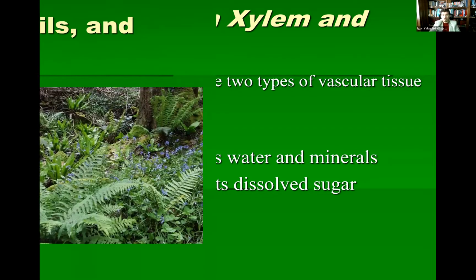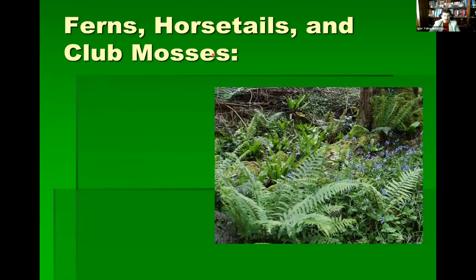So ferns, horsetails, and club mosses. Don't let that particular name mix you up. It looks like a moss, but it's actually a vascular plant. Remember, the true mosses are non-vascular. So what you're looking at right now are those particular ferns. You've probably seen ferns; we quite often use them as a house plant. And then of course you'll see the flowers, that's angiosperms, and any kind of coniferous would be a gymnosperm.